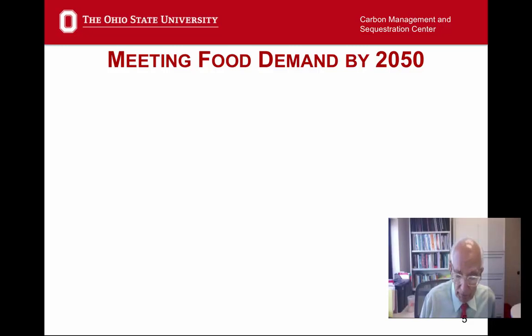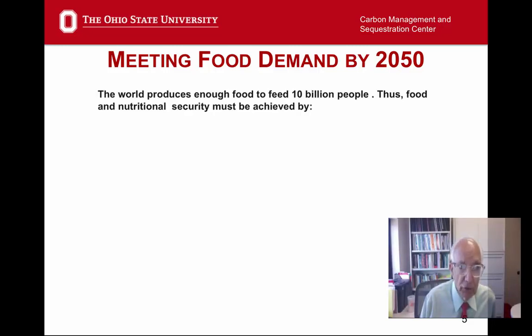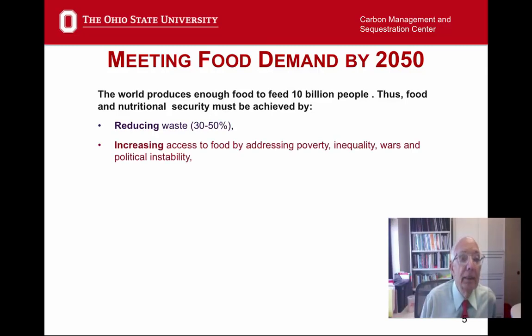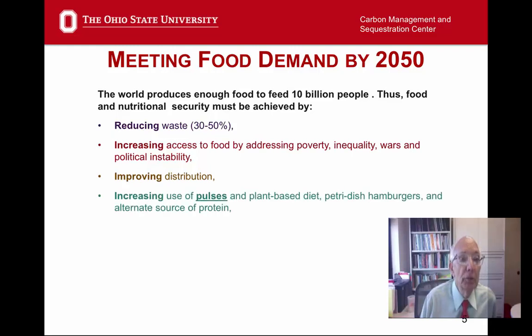Therefore, meeting the food demand by 2050 needs very careful consideration. Indeed, the world produces enough food to feed 10 billion people. Thus, food and nutritional security must be achieved by reducing waste, which is 30 to 50%, increasing access to food by addressing poverty, inequality, wars, and political instability, improving distribution of food, increasing use of pulse-based and plant-based diets,